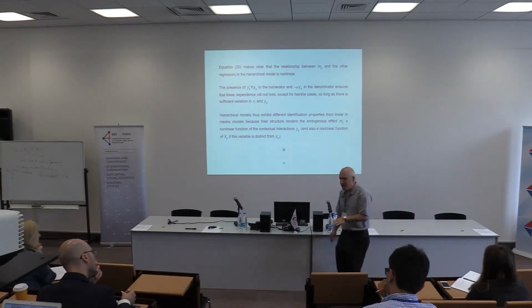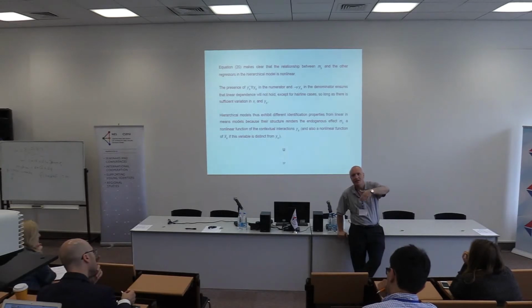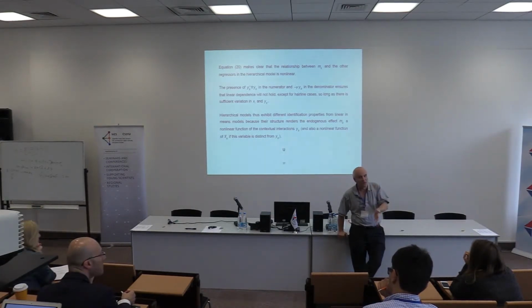The third thing I wanted to put on the table was that there's another way to think about social interactions that is hierarchical in nature, and that produces different models. They actually have implicit in them certain types of nonlinearity, and as a result, those models are all identified. So the message for identification in these environments is that the classical failure of identification, in parametric contexts, is specific to atemporal linear models.